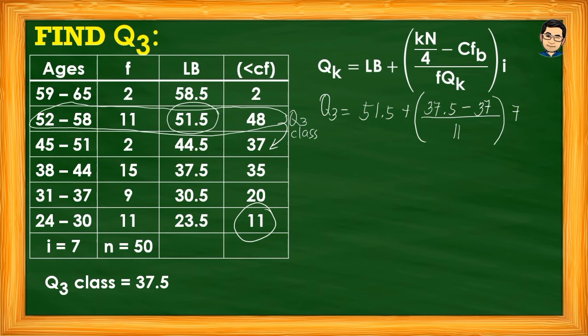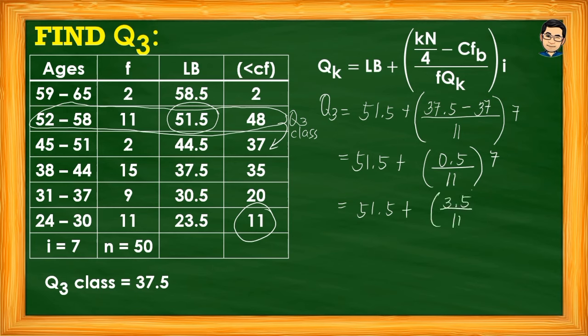Paano kung ang Q sub K class natin located siya dito sa pinaka lower class, lowest class natin sa 24 to 30? What will be our cumulative frequency before? So, based sa mga nakita ko na ganyan, ang ilalagay po doon is 0. Okay, so wala na po kasing mas mababa doon, kaya 0. Next. 37.5 minus 37, that is 0.5. Ayan. So, 0.5 times 7, that is 3.5